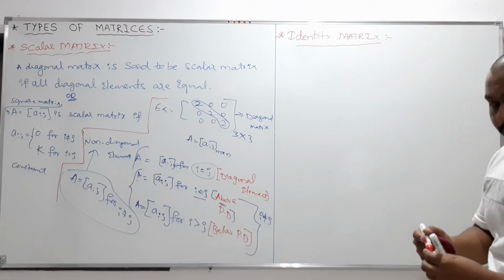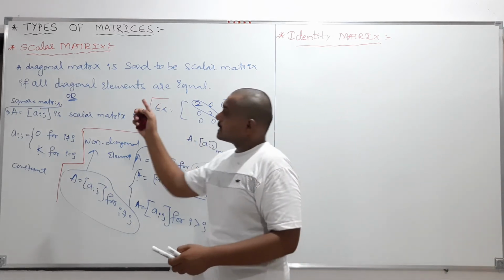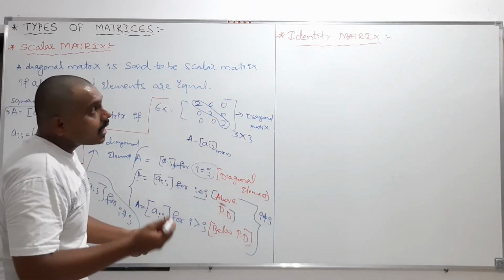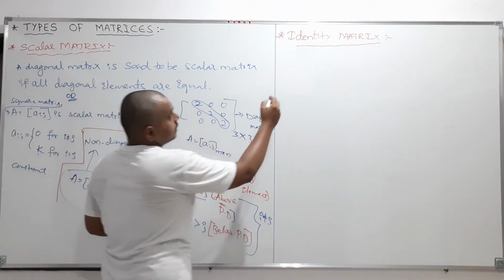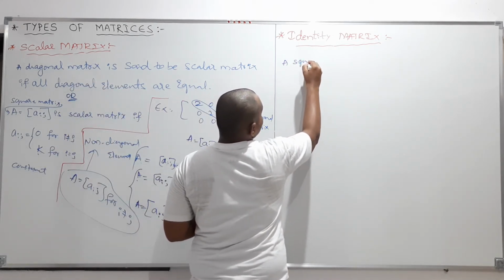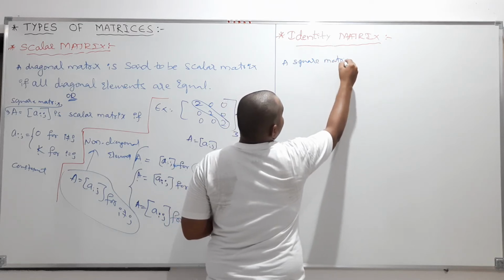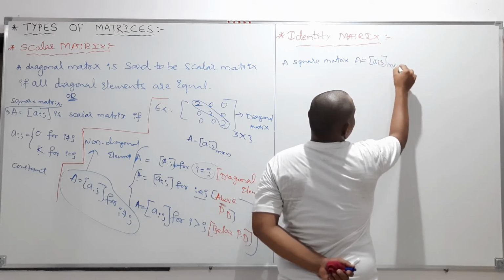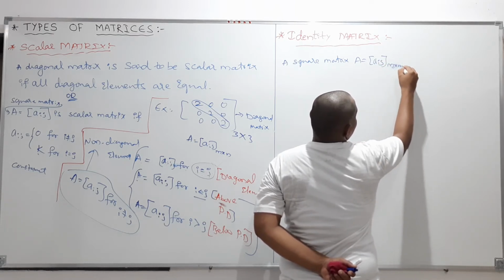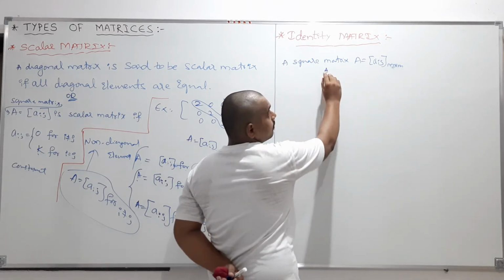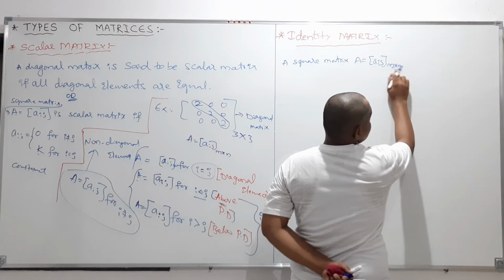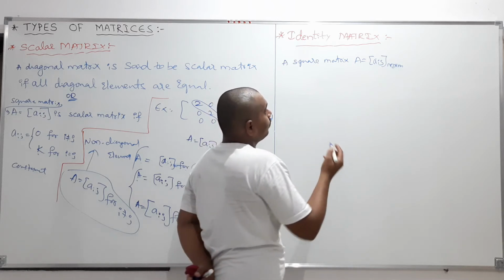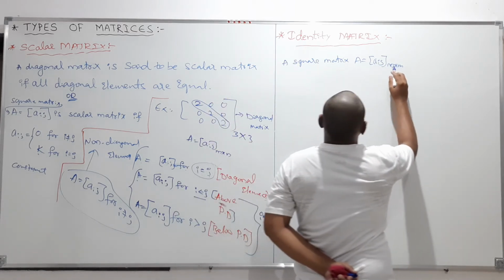So, identity matrix. My dear students, we discussed what is meant by scalar matrix. So next, identity matrix means a matrix in which I can write a square matrix A equals Aij, of order m cross m or n cross n, because it is a square matrix. Being a square matrix, the rows and columns must be equal. So you can write m cross m or n cross n also. A equals Aij